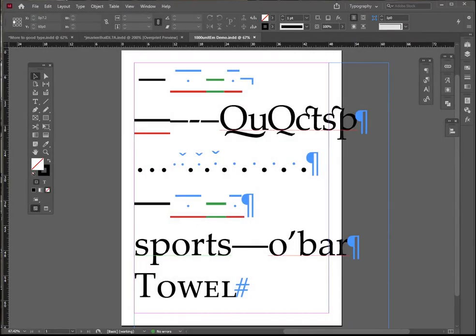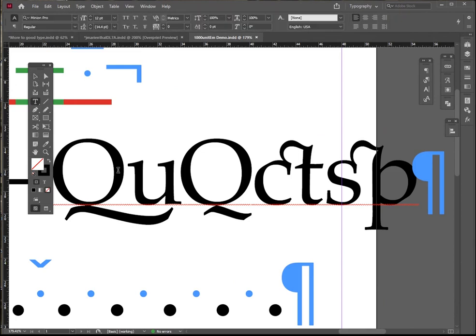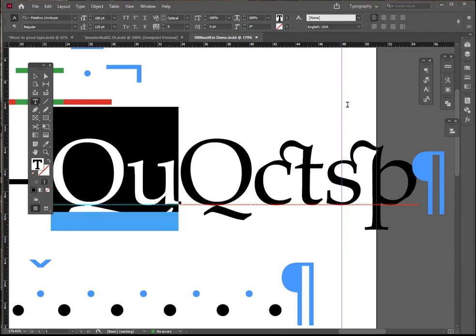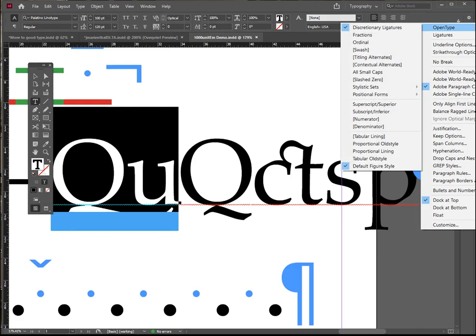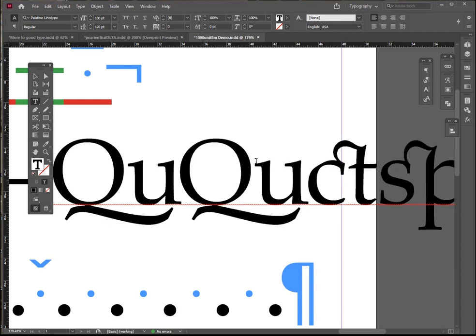A few other things I'd like to show you. You see that Q there, there's two different Qs. The way those got there is that this Palatino Linotype, an OpenType font with lots of alternates, in my character control panel at the top, if I click on the options, you can see the discretionary ligatures is selected. What discretionary ligatures does is, if I have a Q here and I type a U, it automatically goes